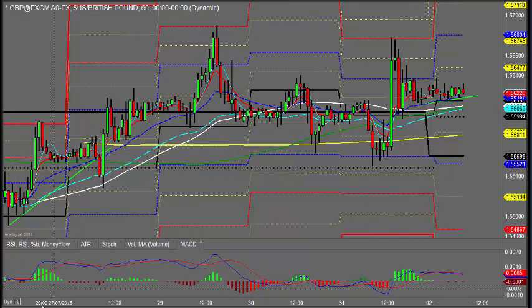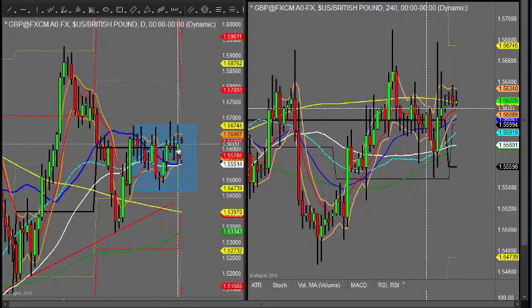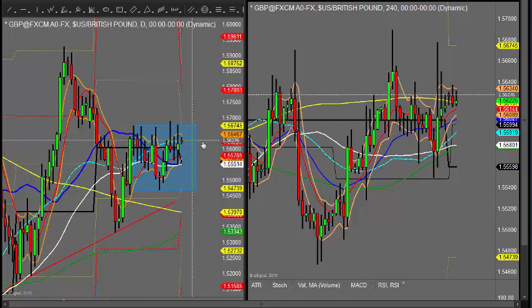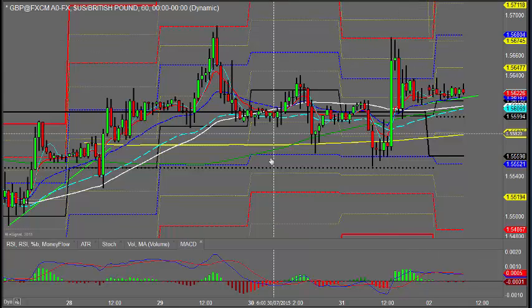Trend wise, well, as I say, when you look at this daily price action, there isn't a lot of trend. There's a lot of indecision. We've had shooting star, doji, spinning top. So there's hardly a lot of clear direction in terms of where we're running here. So if I do see it start breaking down, well, as I say, the pivots below look like a reasonable opportunity. Alternatively, if it rallies well, maybe looking towards Friday's highs